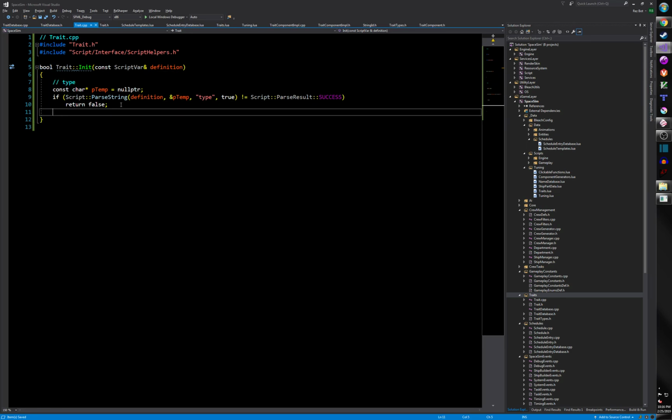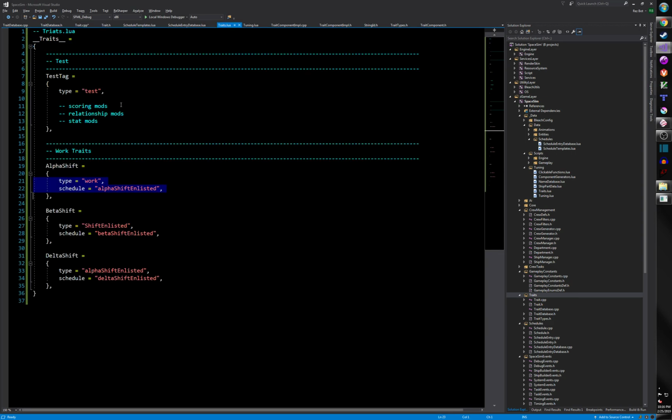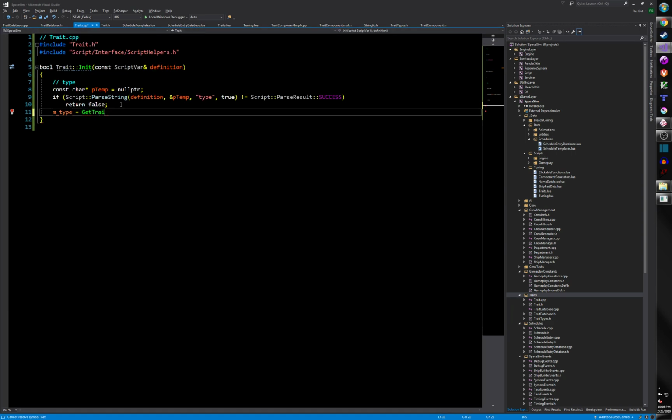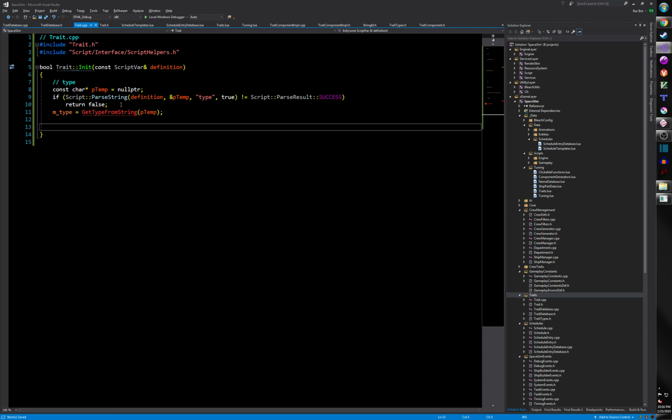Okay, type. So if I get here, then I know that I have it. So then I'm going to say mtype equals, what is it, get type from string ptemp, right? Because I just don't feel like dealing with that right now. And then I'm going to say